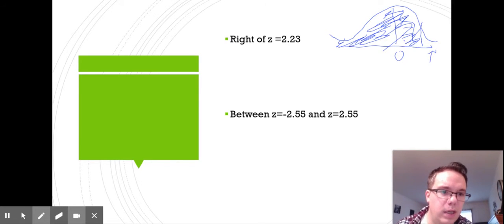So if we want the area over here, we're going to take 1 minus whatever our value is on the z-score, because that's going to be what's to the right. If the chart gives us what's to the left, 1 minus that should give us what is to the right. So we have to find our value on our z-table for 2.23. So go to your positive side of your z-chart and then go to 2.2 and then over to 0.03. And the number you should get there is